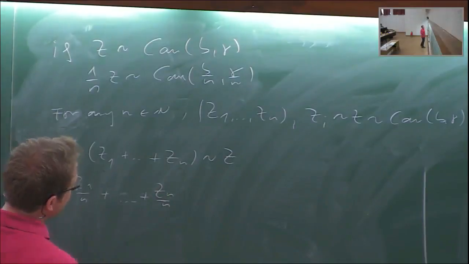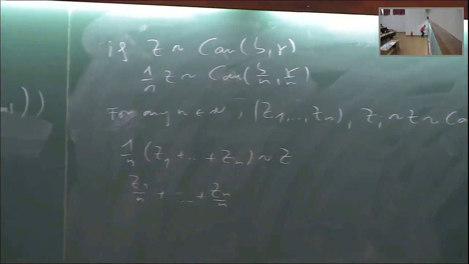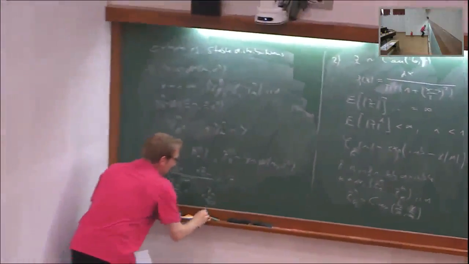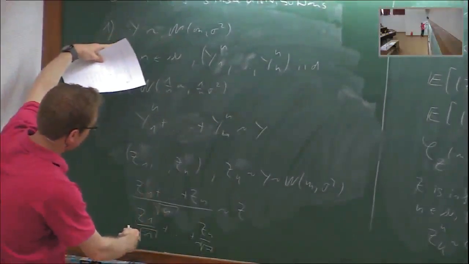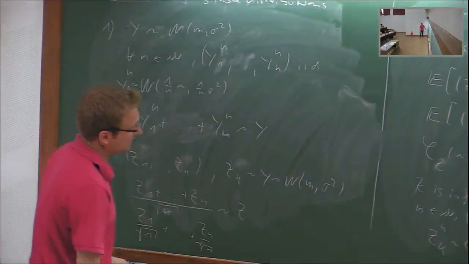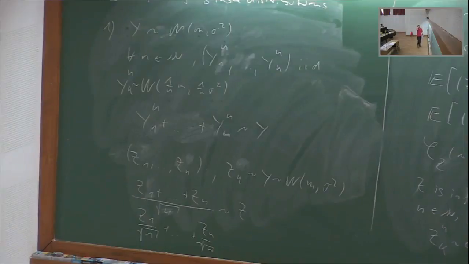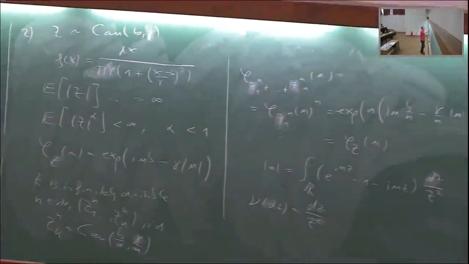divided by n. Okay? So just in the Gaussian case, we had here the square root. So we had here zeta 1 divided by the square root of n plus ... plus zeta n divided by the square root of n here. So this means we start with a distribution and we sum up rescaled independent copies of the original distribution and we get the distribution back. And this is the motivation for stability. So the question is,